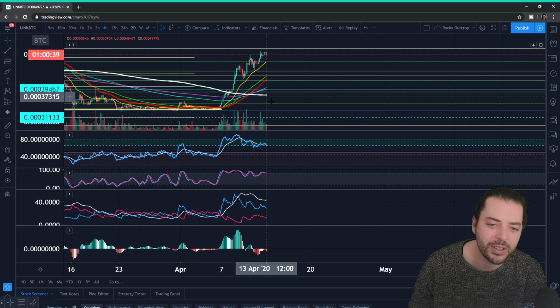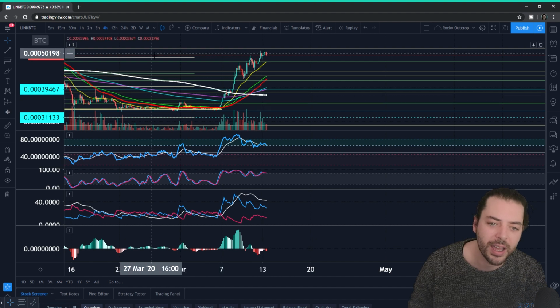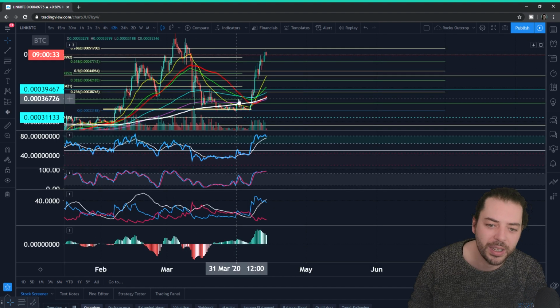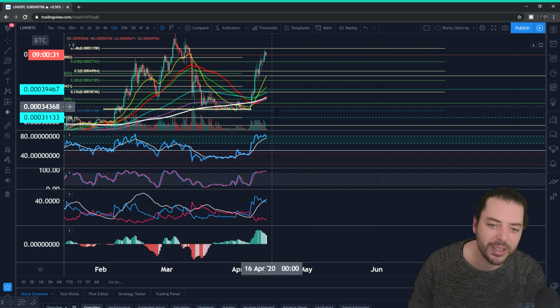The 200 one still has a downward slope on it, but everything else has got this simple, the white dotted line. Everything else has got that upward slope on it. And then let's go up here and see the same story as we look at the 12-hour chart,